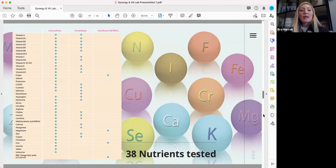They can't make energy for all the rest of the body's processes to take place. So what this test does, it's totally different than your standard blood work. It looks at these 38 nutrients both in your blood, but it also looks at them inside your cells. So we want to know how well is the cell itself functioning, how healthy is it? And we can only really assess that by measuring the nutrient inside the cell to see exactly what it has